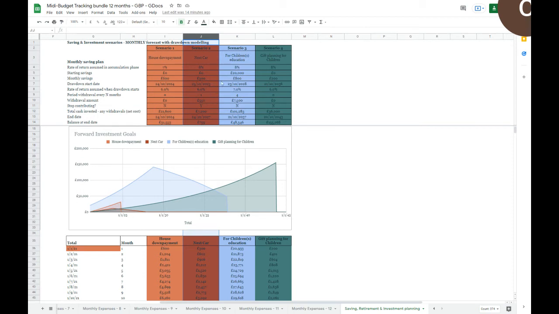And this is a bit of a novel way of saving for a car. So you're saving for a car for a 2-year period, and then you actually start withdrawing from your savings to help fund finance payments for a car, for example. So you could either pay it as a deposit, or you could potentially draw down on it over the next few years and be in a position to stop contributing and pay $550 a month for a car after you've given yourself a head start of saving £300 a month for a 2-year period.